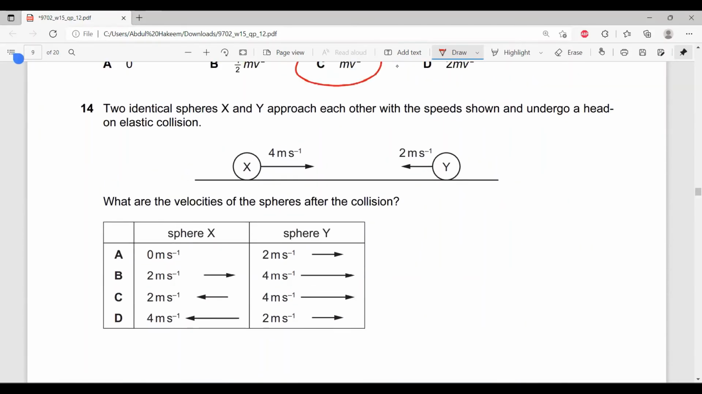Next, number 14. Two identical spheres x and y approach each other with the speed shown and undergo a head-on elastic collision. What are the velocities of the spheres after the collision? Two identical, they have same mass. If the collision is perfectly elastic, if the mass is same, definitely they will exchange the velocity. So this is moving in this direction with 4, this will be moving in this direction with 2. So the answer is